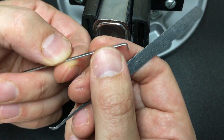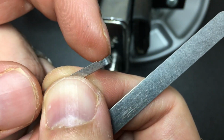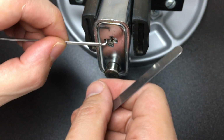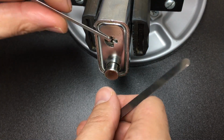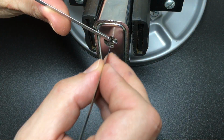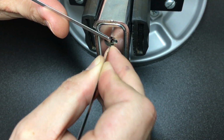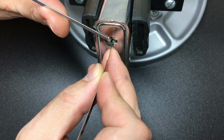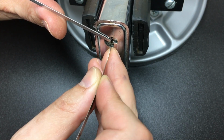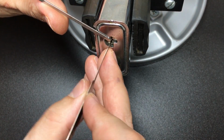Here we go with a piece of bent wiper blade, and I made this tensioner ages ago and just took a small amount off, probably 0.5 millimeter from that to thin it down. And I actually find that these work really well top of the keyway, just in the top of the lock like that. Okay, so let's have a go in. So that's pin 5. Very light tension on this. 4, 3, 2, 1. 1, and we seem to be in a